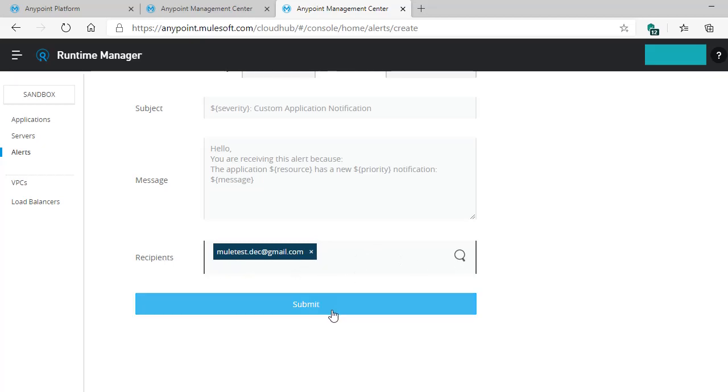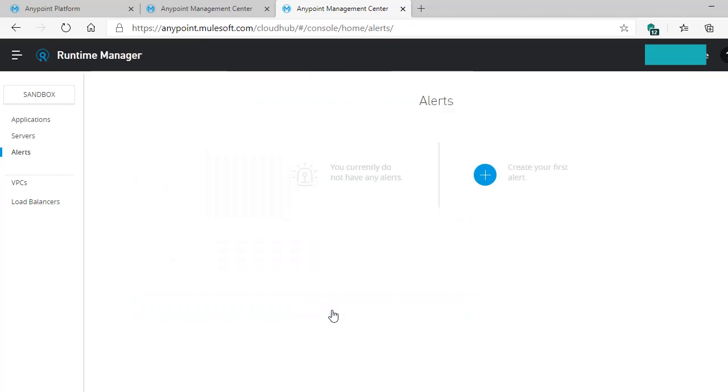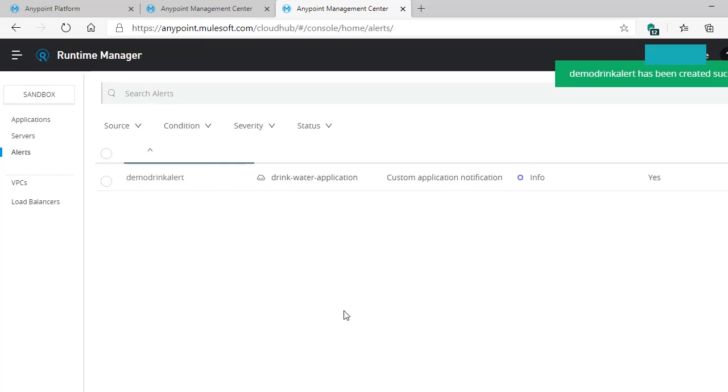Just click on submit. After a couple of seconds, it will show that demo drink alert has been created successfully. So this is our alert.